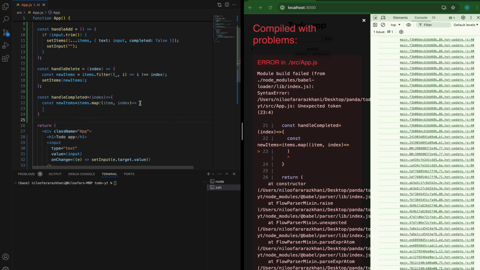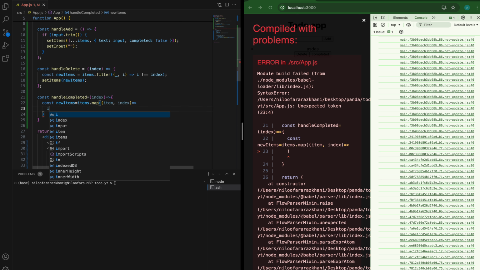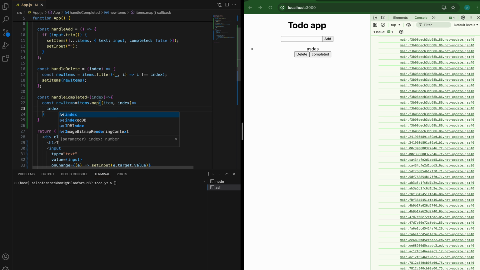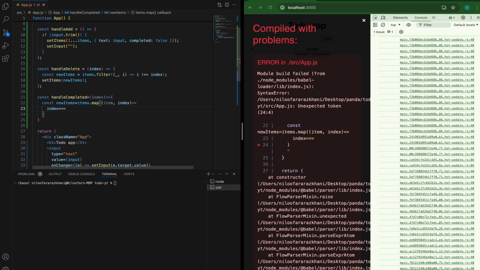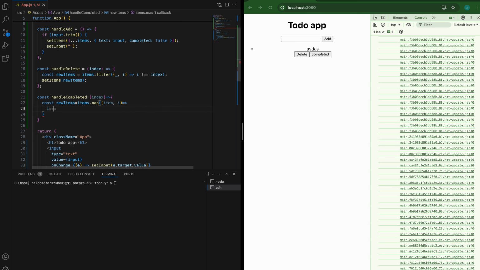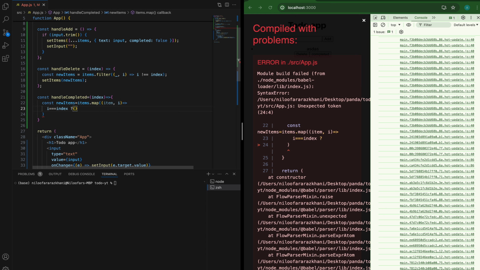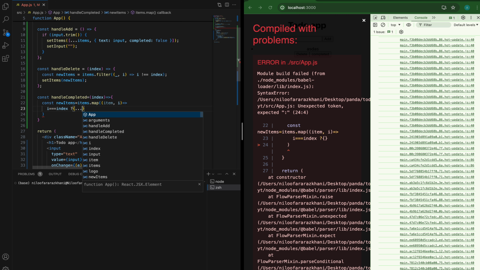In here, what else do we have? If i is equal to index, so we find our item, and we need to just add whatever we have,